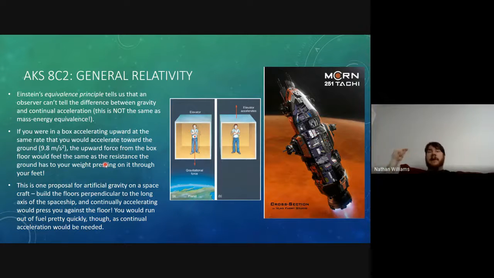So 9.8 for every second, meaning 9.8 meters per second squared. If you were put into a box, or more, if we elaborate this scenario, a spaceship in space, and that spaceship was accelerated upward relative to you, you're standing on the spaceship, and the floor is perpendicular to your feet, and the spaceship is accelerating you upward. And if its acceleration matched the rate of the Earth's gravity, so 9.8 meters per second squared,